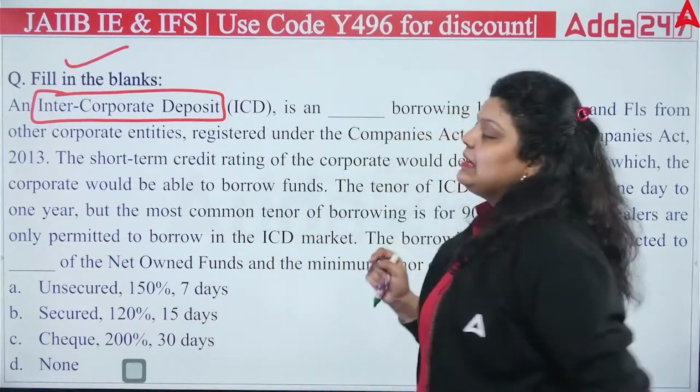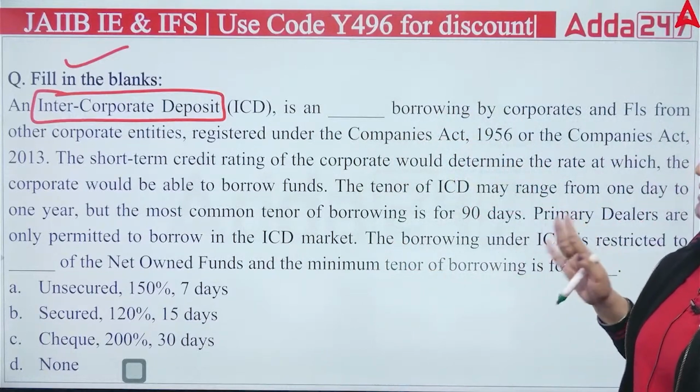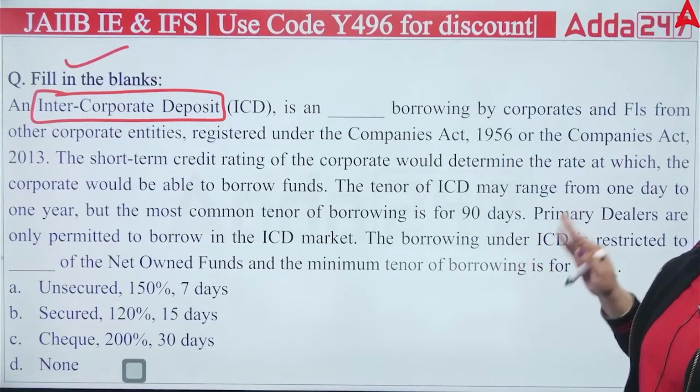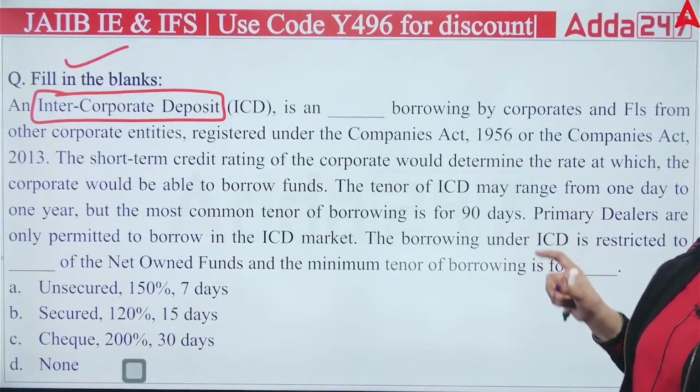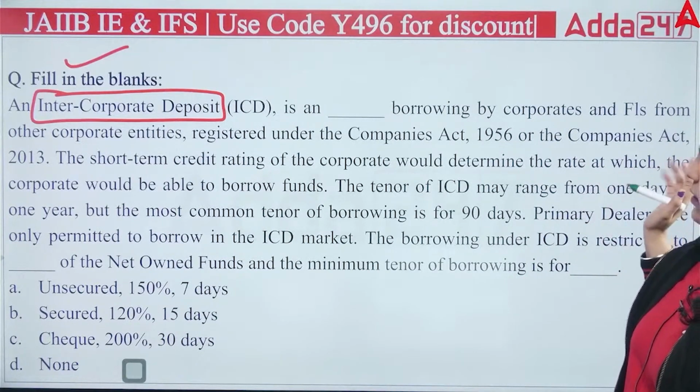So if there is an intercorporate debt, or we can say deposit, these are part of your fixed income market. It means here also the maturity and so on will be decided earlier. So ICD is an dash borrowing. Okay,